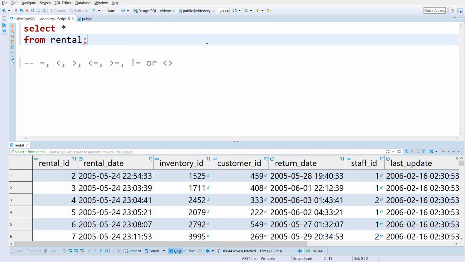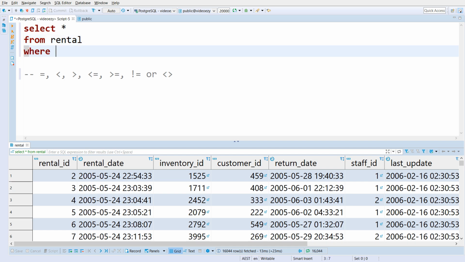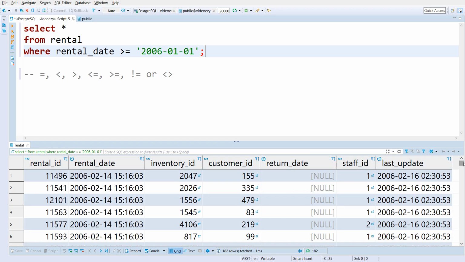Okay, so we were looking at the rental table, and let's say that we wanted to only return rentals that were made in 2006. How would we do that? Well, we could make use of this new where clause, and what we can do is say where rental date greater than or equal to 2006, 1st of January. And we can execute that, and we can see that it's only returned rentals from 2006. Did you notice here how we had to write the date in single quotes? And we also use this format,